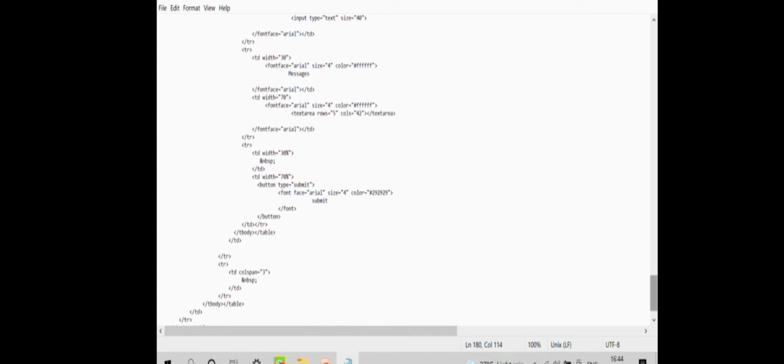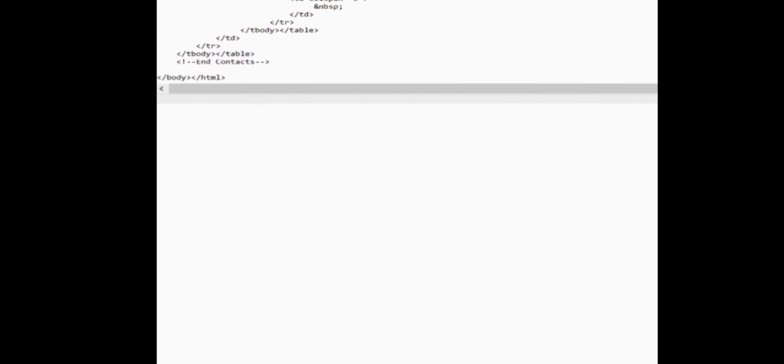Here we're taking a message box, email box, name and submit box. Here we're taking a submit box to click submit and submit your email. Okay, so let's see. Now colspan 3 and here all the process ends. The comment end and contact end. Now body close and HTML close.